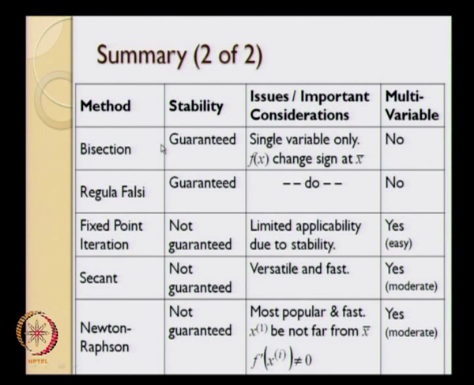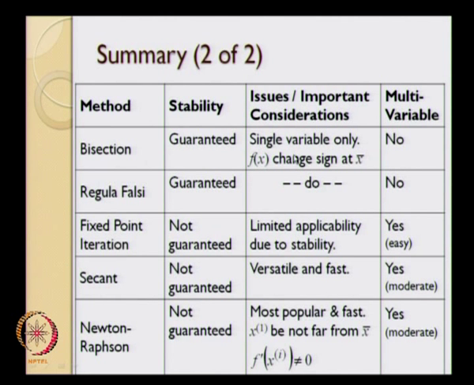Okay. Then stability, given the 2 initial guesses are feasible initial guesses, the bracketing methods are guaranteed to be stable, whereas the open methods, as we have seen, have no guarantees on stability. In fixed point iteration method we looked at a numerical example where the fixed point iteration does not converge. Although we did not look at numerical examples for secant and Newton's that do not converge, we motivated these 2 cases using some kind of a graphical method to say under what conditions these methods are not going to converge.